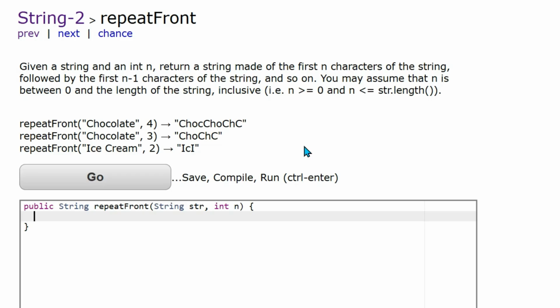Okay, so what's happening here is n is being decremented, and it's returning that substring of the string. So it looks like we're going to continuously add substring to the string. So let's declare string front returned equals empty string,